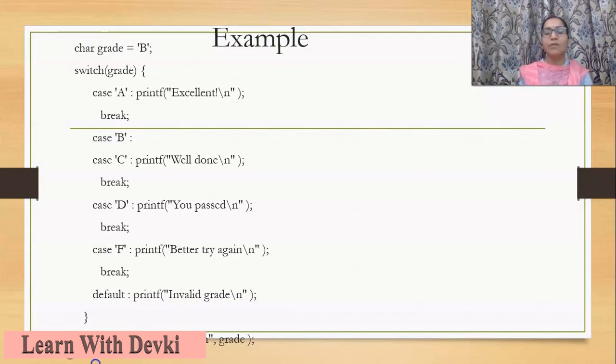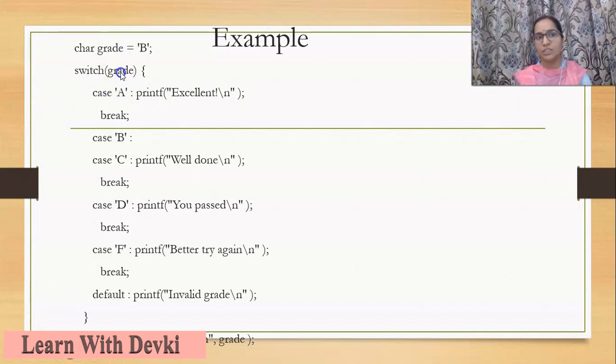Now this is an example of a switch statement. Here we have used the character data type for grade. Grade is a variable and we have assigned it the capital B. Now switch grade. Grade is a variable, so we can specify a variable or an expression over here instead of specifying a condition. Then curly braces, and the first case. This is the value of a case. As it is a character data type, we should specify single quotes for a character value. Case is a keyword, we specify it with a space, and then whatever value we want to match with the value of grade.